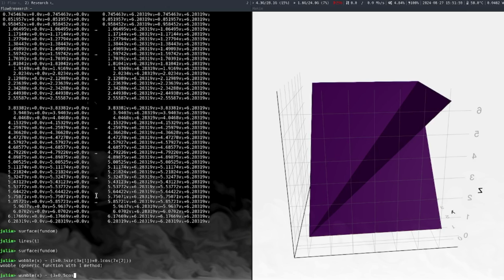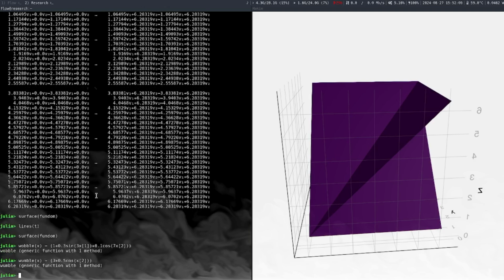So we're going to need a bunch of wobbles and wumbles in a moment. So we just have to set this up really quick so that we're all prepared. So we got the wobble, the wumble, and the wiggle is a little bit more complicated, but we can get this done as well. So it's a combination of the wumble plus the wobble